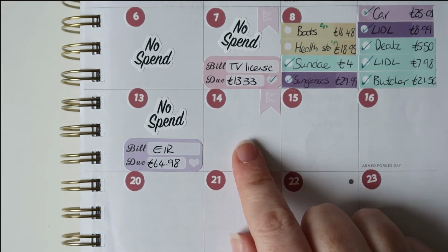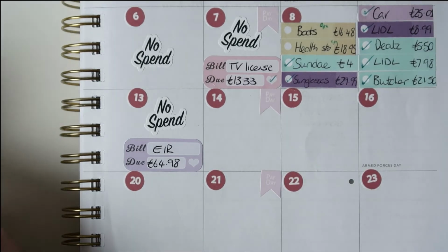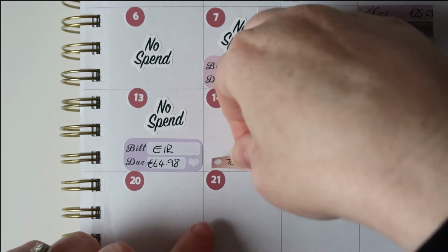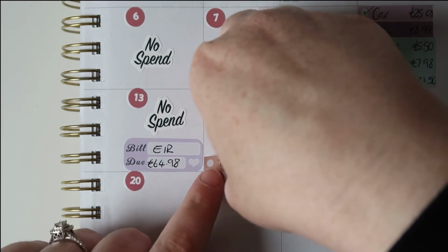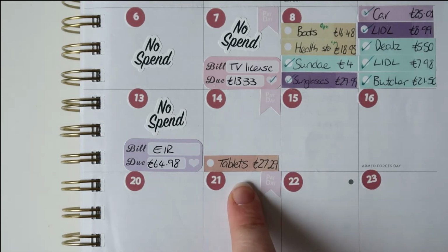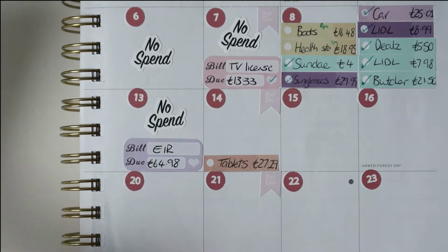Next up on the 14th, Robert picked up his tablets. He needs to get medication every month. He has a hereditary thing that he needs medication for. So it was $27.29 is what they were. Also then we had